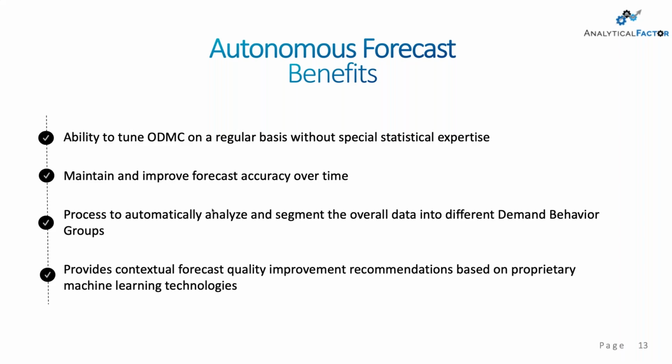And I would say, think about it differently. If we improved and got a 15-point drop, let's make sure that we are constantly at that level of accuracy. And if anything, we want to improve. We don't want to have a regression in accuracy. The capability to do it is by continuously fine-tuning your statistical models on an ongoing basis, once a month, once a quarter, but don't wait for a year. And that's a big plus with autonomous forecast.